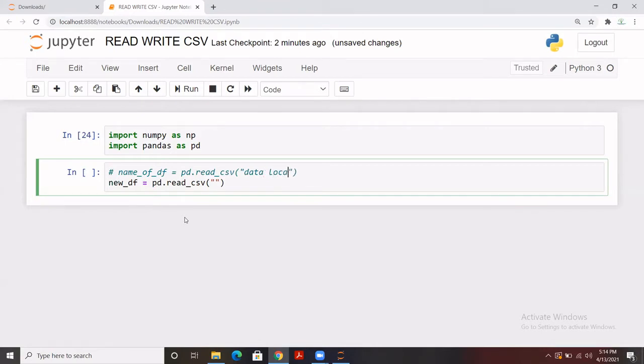You have to copy and paste that. Then you have to use a forward slash, file name, dot file extension, which will be .csv only, right?